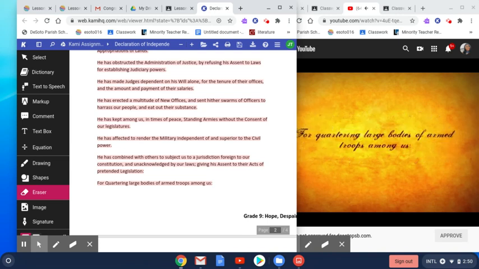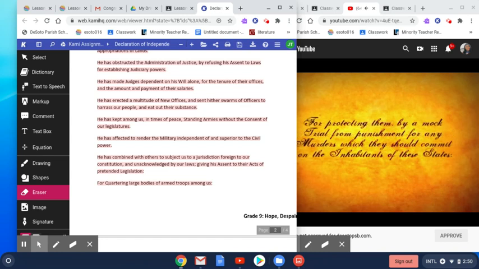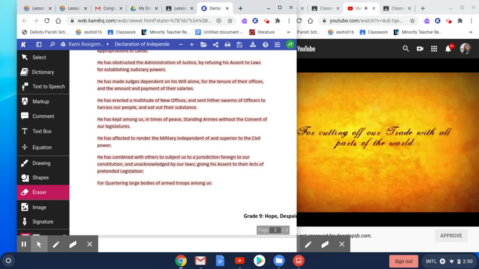for quartering large bodies of armed troops among us, for protecting them by a mock trial from punishment for any murders which they should commit on the inhabitants of these states, for cutting off our trade with all parts of the world, for imposing taxes on us without our consent, for depriving us in many cases of the benefits of